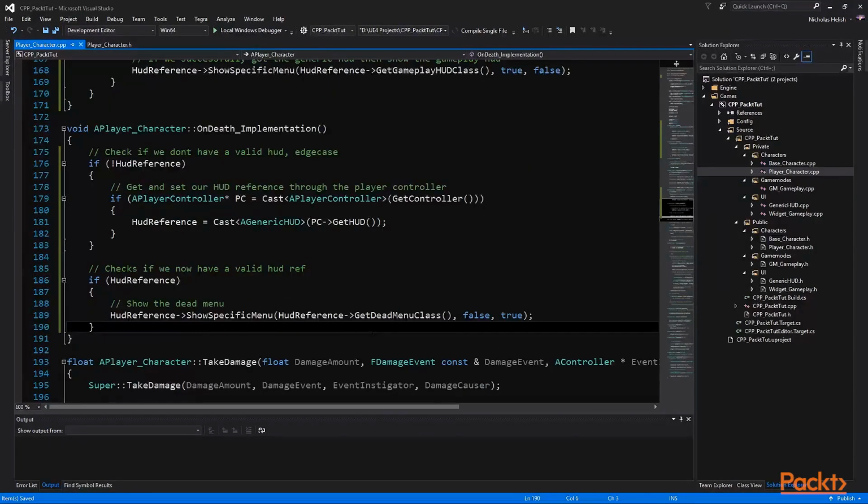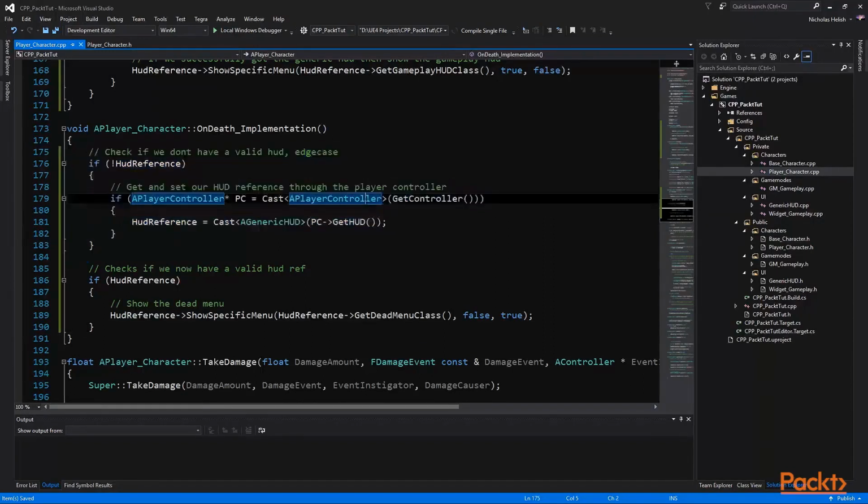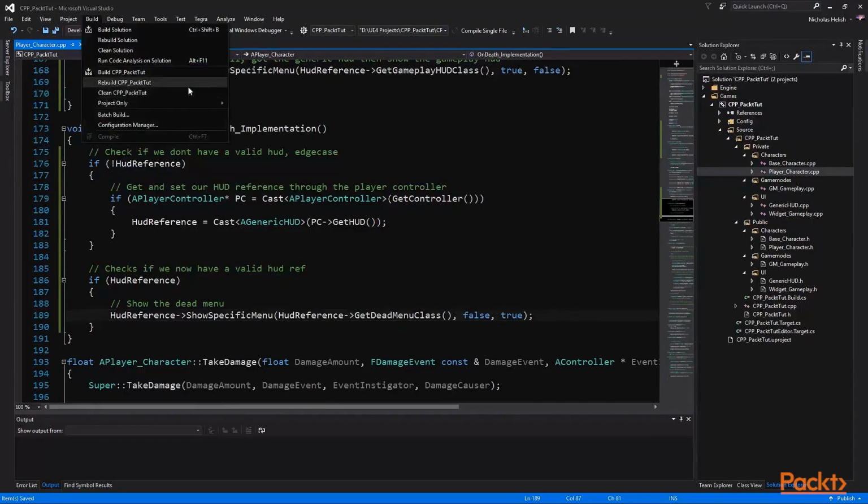Now we are finally starting on death implementation, which isn't finished, and we will fill out the rest of it in the future, but right now we are just setting up the menus for it. So we are checking to see if our HUD reference is invalid. If it is invalid, then we try to get the player controller and then try to get the HUD reference from that. But if it is valid, then we just skip over this if statement, check if this is valid, and then show the specific game menu, which is the dead menu class, which we will also set up in the future. Let's save all, and then compile our code by going to Build, Rebuild Project,